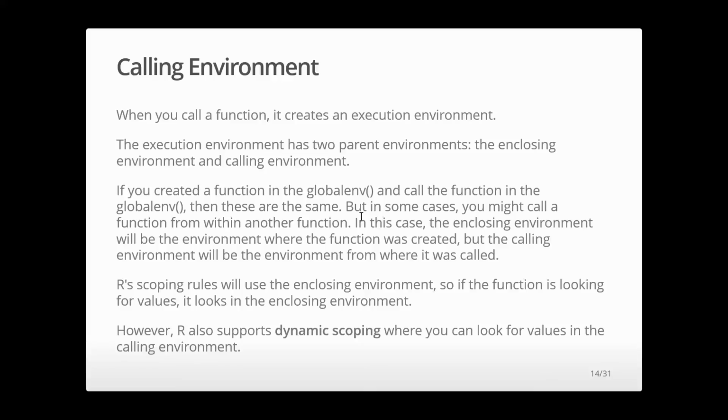We're probably not going to get into dynamic scoping or what we call non-standard evaluation, where it matters where the function was called. It allows you to do some cool things, but it also complicates things, because whenever you program a function, you now have to think about